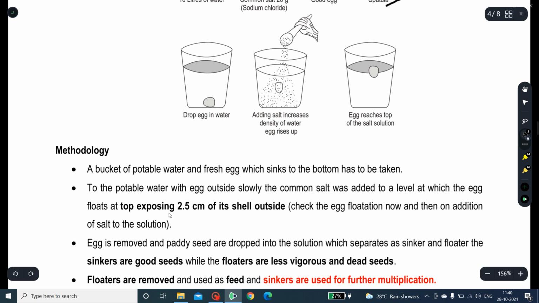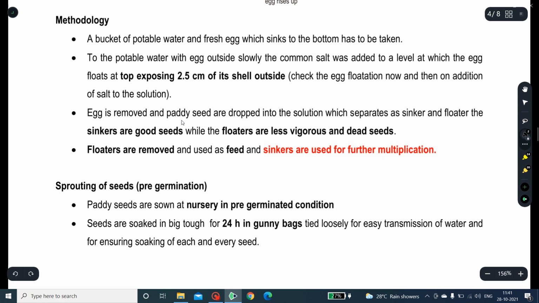As the density of the salt solution increases, the egg rises up. Slowly the common salt is added to increase the density of the salt solution, so that the egg at the bottom rises slowly, and at the point where the egg floats in the water with 2 centimeter of shell exposed outside,